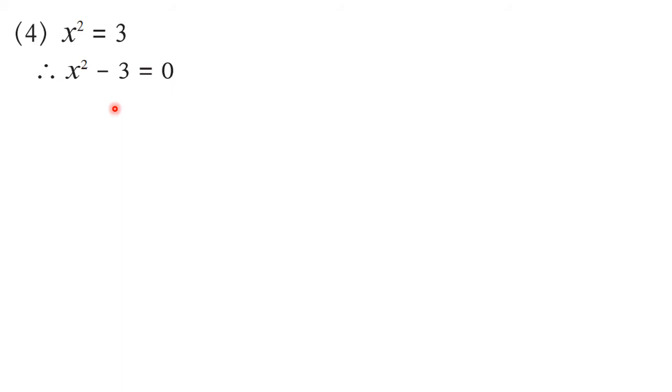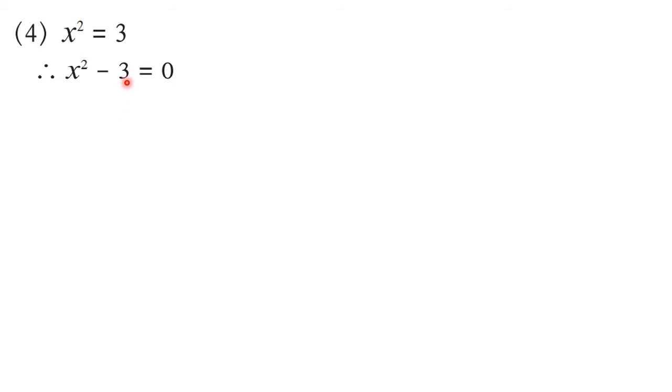So here in this case we will think of the expansion a square minus b square. You know the formula for a square minus b square, that is a plus b and a minus b. Okay. So here you can see x square is there. But here 3 is not a perfect square. You know that 1 square is 1, 2 square is 4. So 3 is not a perfect square. Then how to write it as a square of any number?